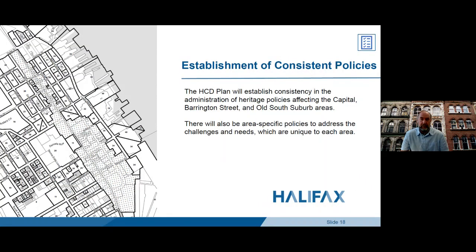And finally, this last goal of establishing consistent policies in the three areas. So the HCD will integrate the boundaries of the three areas, along with the new area, the capital area. The existing HCD plans and their policies will be repealed, and these areas will be adopted along with the capital area as part of a new HCD plan. This new plan will establish consistency in the administration of heritage policies affecting these areas. There will also be area-specific policies to address the challenges and needs which are unique to each area. So this is really where the